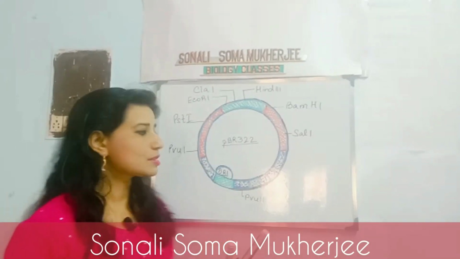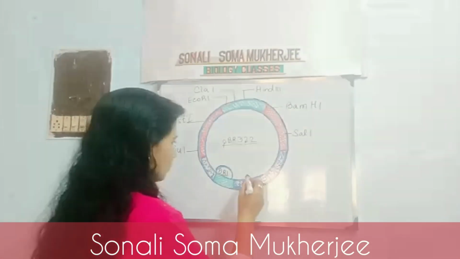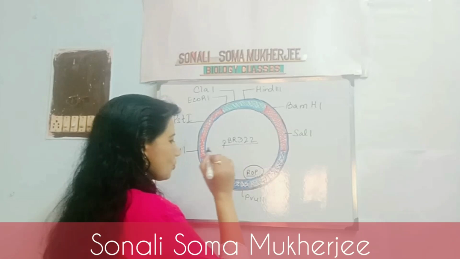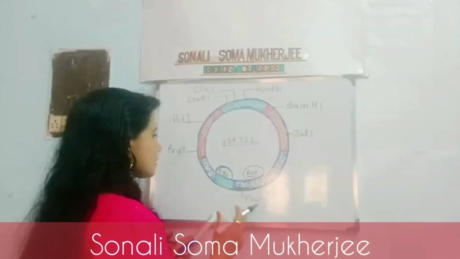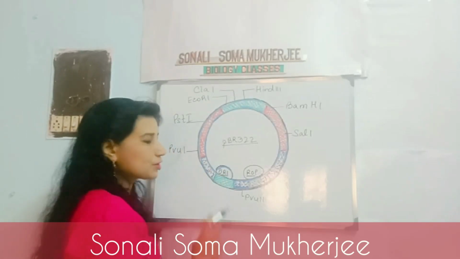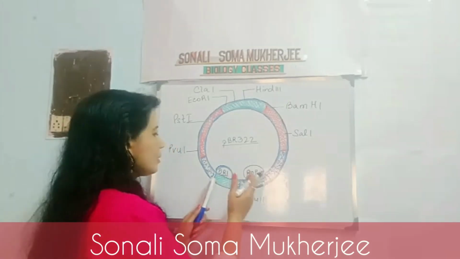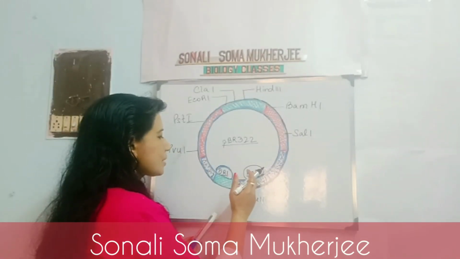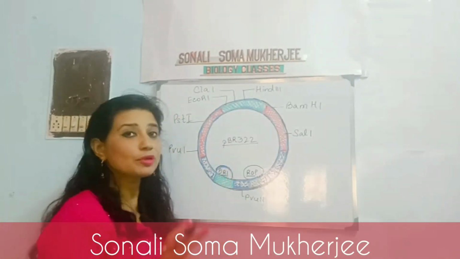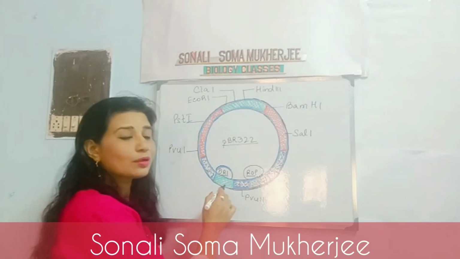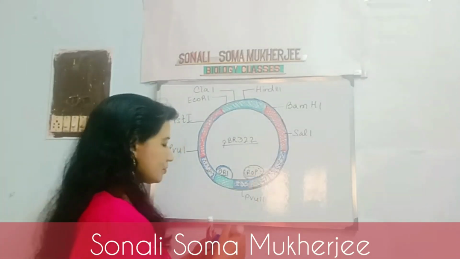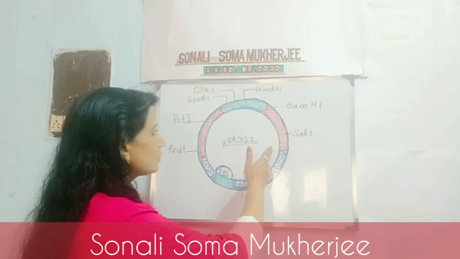Other than this, there is ROP also. You can take this as the ROP region. The ROP region is responsible for the synthesis of proteins, and this will have a direct relation with the ori region, where the replication has to start, as these proteins which are going to be synthesized will be used in the process of replication. So control of the number of copies, how many copies, is also done by the ori. That is also a factor. So this in short, then I will come to the ampicillin resistance gene, the selectable marker.